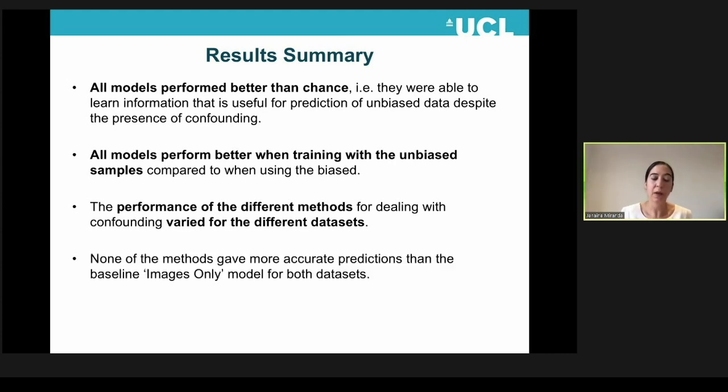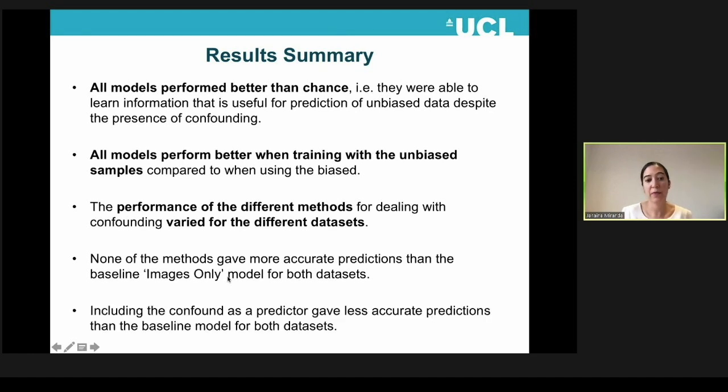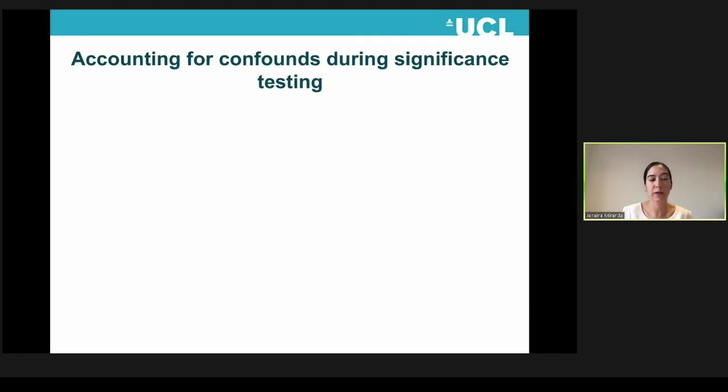Another observation is that none of the methods gave more accurate predictions than the baseline images-only model for both data sets. And finally, including confound as predictor gave less accurate predictions than the baseline model for both data sets. So now I want to make another important point,